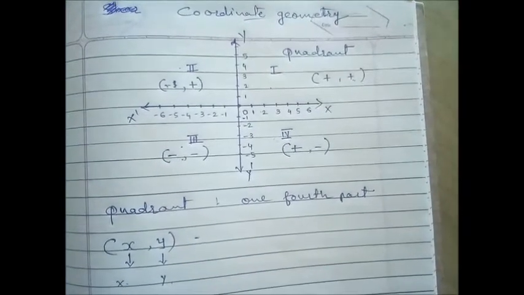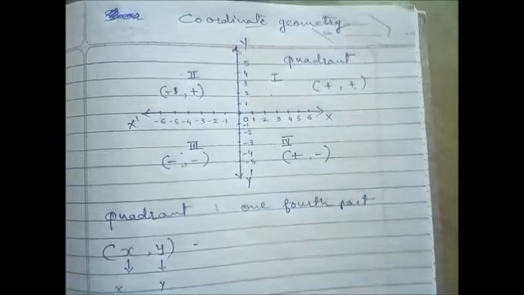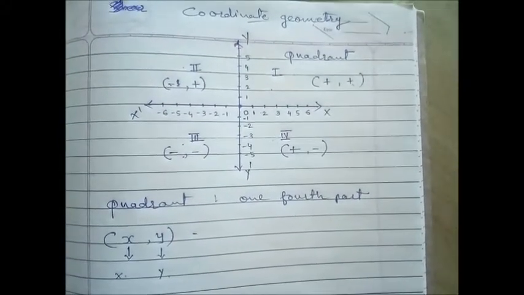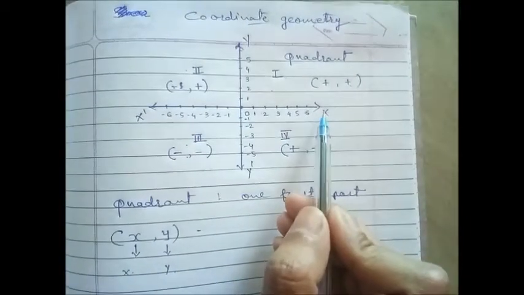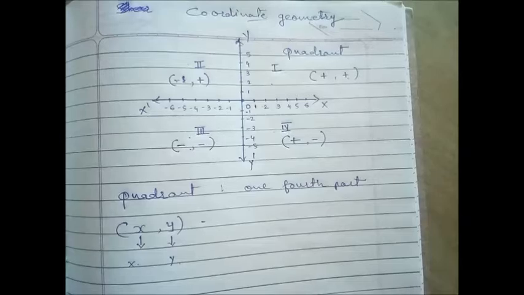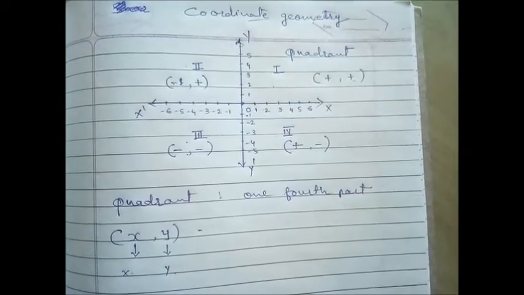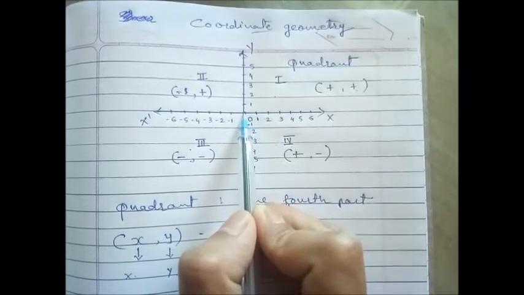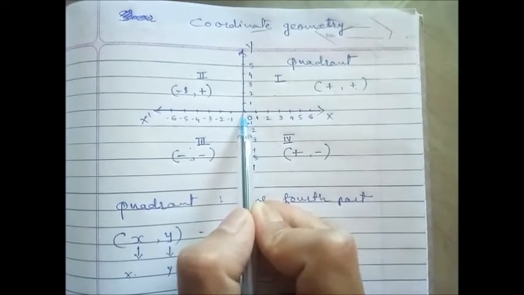In our previous video, we have learned about some basic concepts of coordinate geometry, right? Now let's have some recap for that. Two axes, that is x-axis and y-axis, they are intersecting each other perpendicularly at the origin, right? Now origin means what? Origin is a fixed point from where you are marking any point, right?